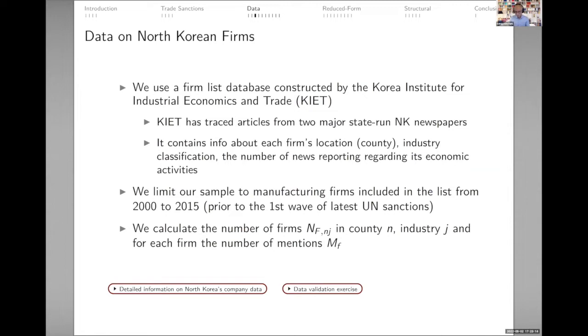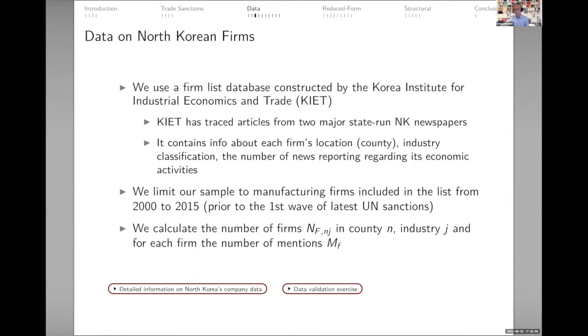So for the first concern about not knowing the size of the firm, we're going to proxy the size with the number of times the firm is mentioned. In the South Korean context, it's like using the number of times Samsung has been mentioned in the newspaper in the past 15 years as a proxy for the size of Samsung. And for other firms, also using the number of times they are mentioned as a proxy for the size of the firm. In North Korea, there are no private firms, so they're all state-run. So we believe that these state-run newspapers might be a good proxy for capturing information about these companies. The second concern is whether we're leaving out some important companies.